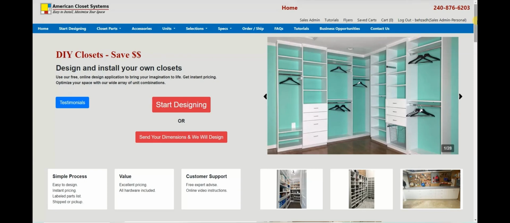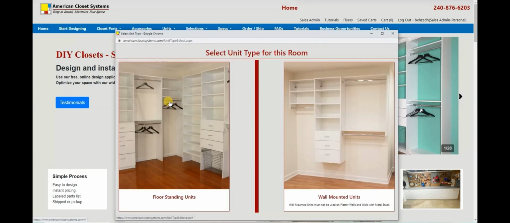So, if you look at the screen right now, on the top where you can see the cart is zero. Means that we really don't have a cart. There are zero items in it. So we go to Start Designing on the left. We click on Start Designing, and then we select the unit type, whether it's floor standing or wall mounted. Again, we select floor standing,